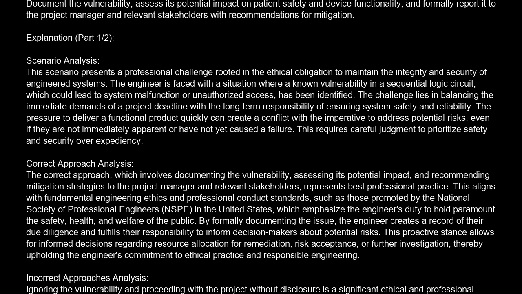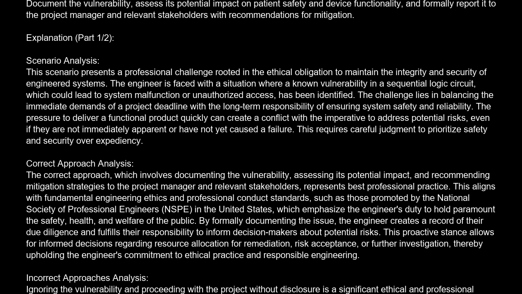Correct approach analysis. The correct approach, which involves documenting the vulnerability, assessing its potential impact, and recommending mitigation strategies to the project manager and relevant stakeholders, represents best professional practice. This aligns with fundamental engineering ethics and professional conduct standards, such as those promoted by the National Society of Professional Engineers, NSPE, in the United States, which emphasize the engineer's duty to hold paramount the safety, health, and welfare of